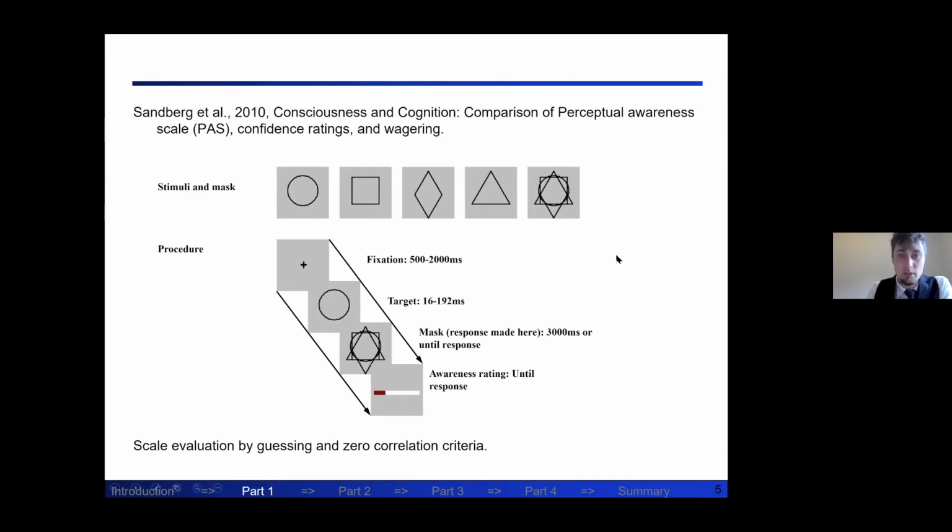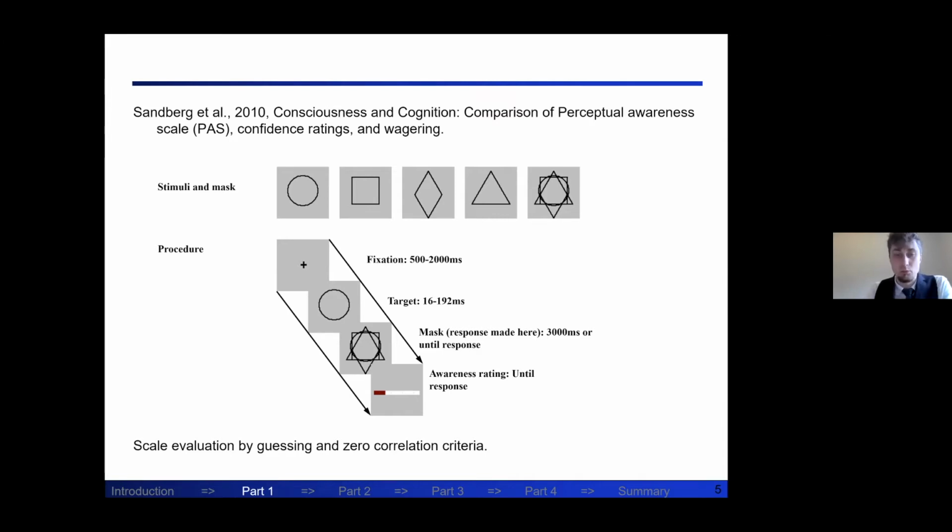And it's a simple visual identification paradigm. So we presented a stimulus to the participants across varying durations. So sometimes it's very brief, you see nothing. Sometimes it's very clear, or you almost certainly see it. And sometimes it's in between. Then we mask it to get this degraded perception effect. And then participants reported their awareness.